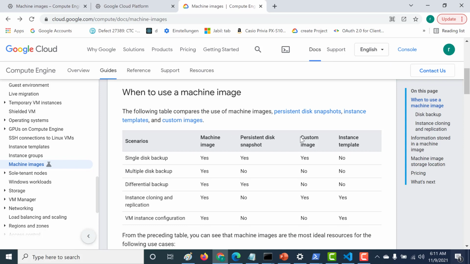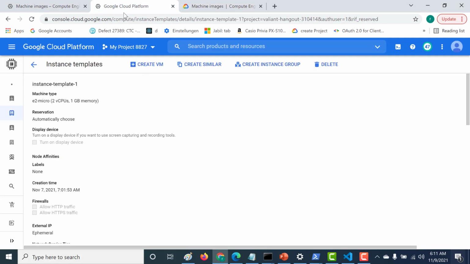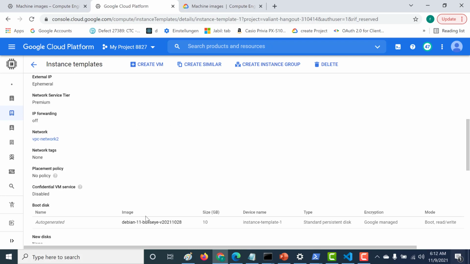So now let's look at the most important ways in which you can create a virtual machine. The first one is the instance template. Whenever you're creating a virtual machine using the instance template, let's go back to our console once. You can see that you're just storing the virtual machine's configuration. For example, here is an example instance template. I'm just stating that I want to create an E2 micro, and this E2 micro should have a boot disk of 10 GB. This boot disk has not been created, and it will only be created when you click on create virtual machine.